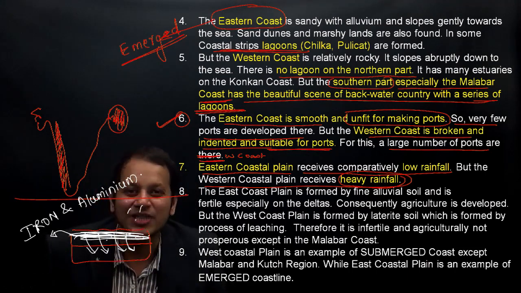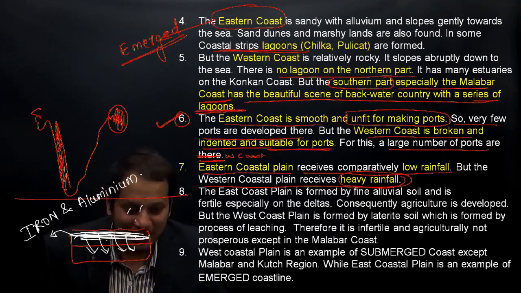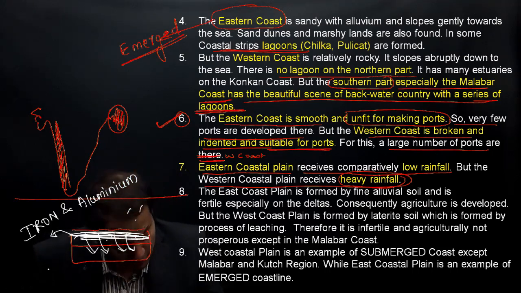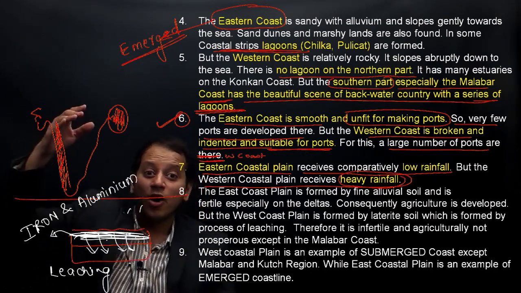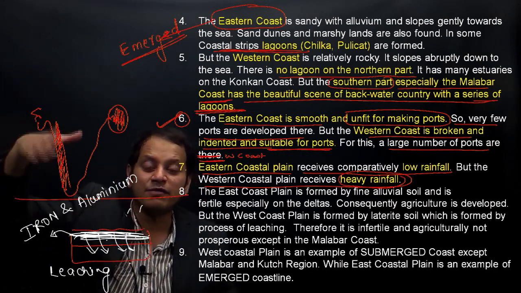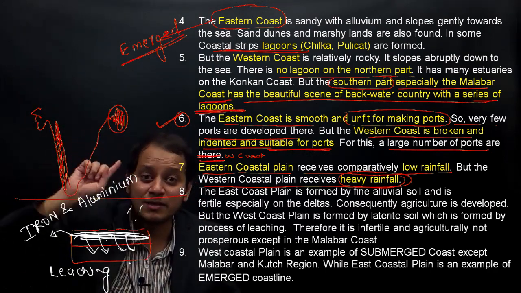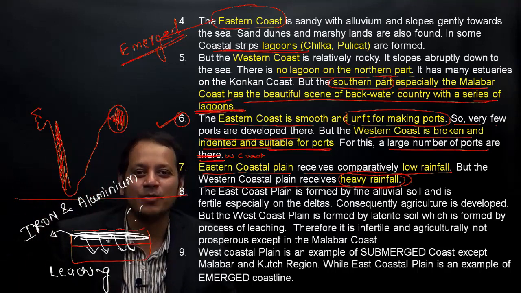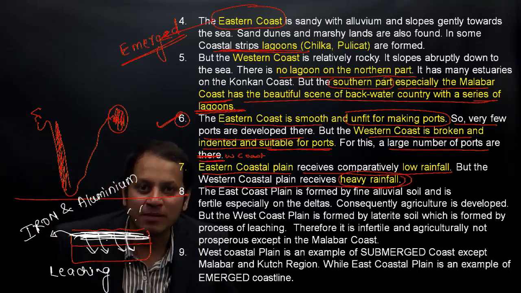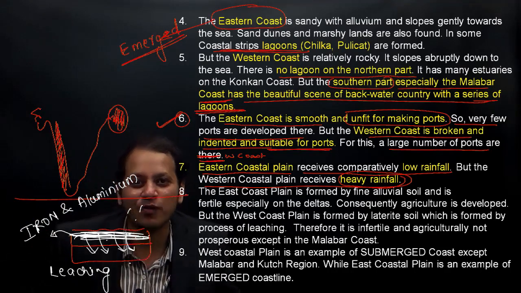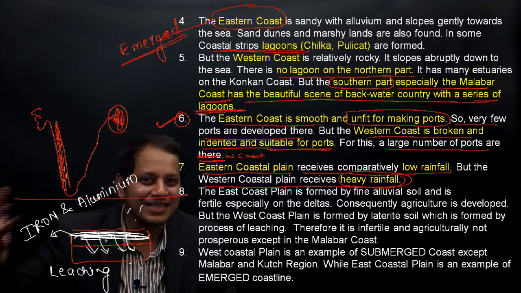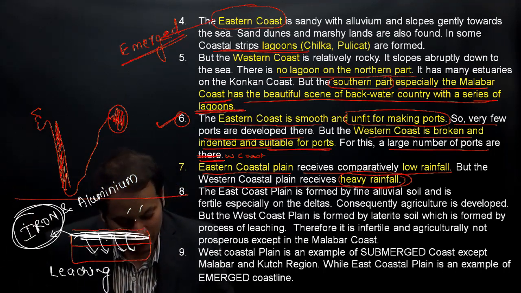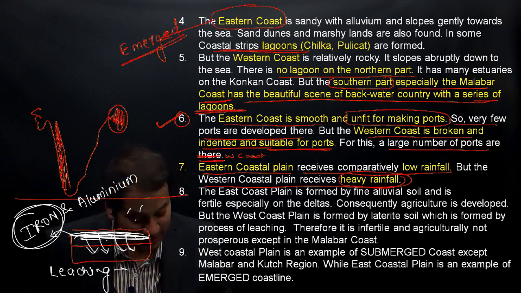And such a soil is known as a laterite soil. Laterite soil occurs due to the process of leaching. We will do that in detail in soil. What is leaching? Leaching means all the major nutrients are removed due to heavy rainfall from the top layer of the soil, and the top layer of the soil remains rich only in iron and aluminium. Such a soil is known as a brick soil because it is red in color and it is useful for making bricks. Bricks means laterite, and therefore this soil is known as a laterite soil. Why is it red in color? Because of the presence of iron. Now the leaching process operates in the areas of heavy rainfall.